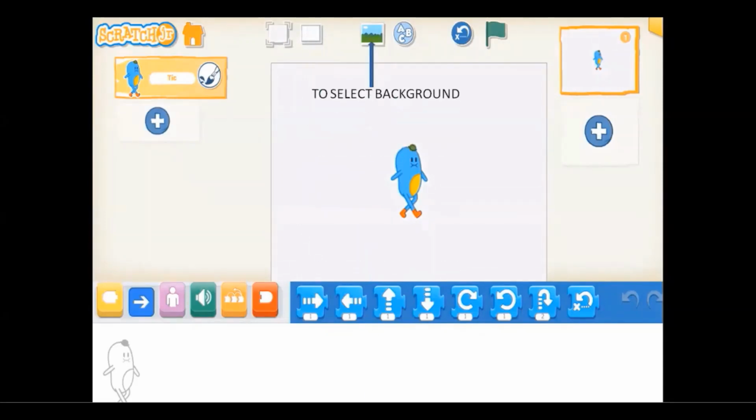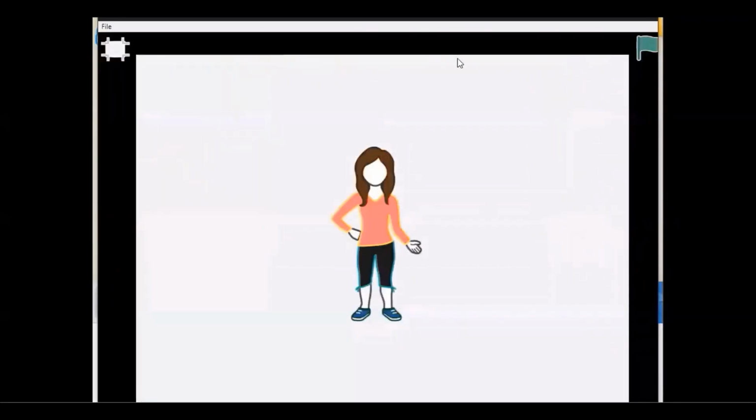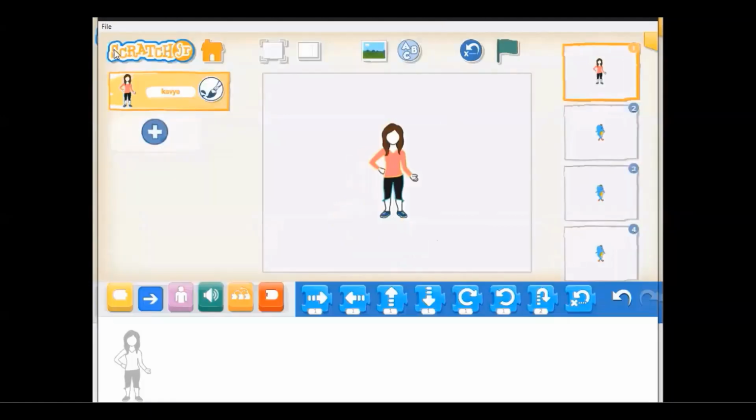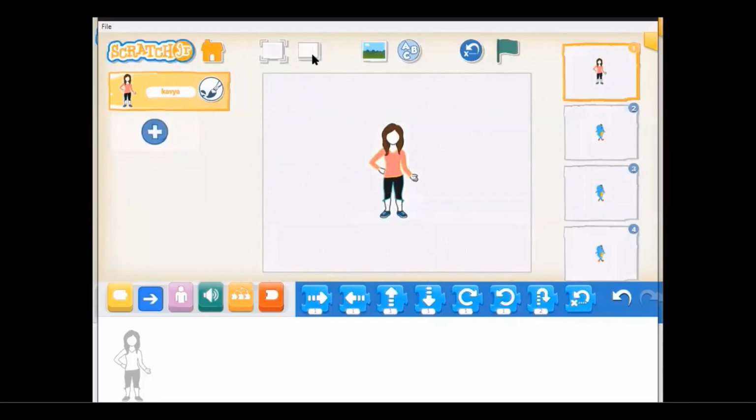The next is to select the background. You can see here you simply have a white screen. You can have different backgrounds. There are many backgrounds inbuilt in this application. I'll show you. So this I said to get the full screen view. So you can see your now stage has been viewed in full screen mode. To exit, again in the left corner you can see you can exit from there. This is to see the grid where your character is located. I usually don't use it. So again, if I click on that, the grid disappears.